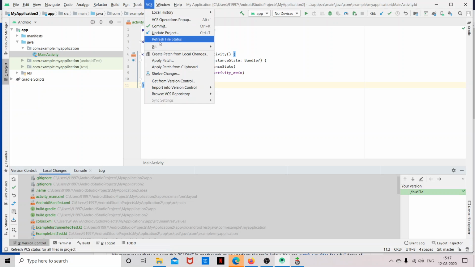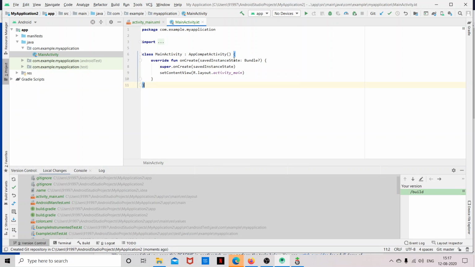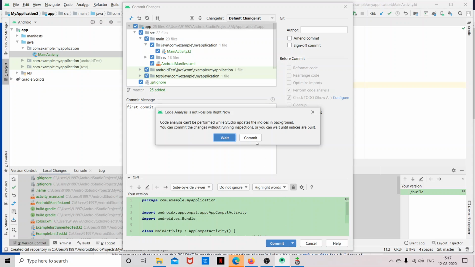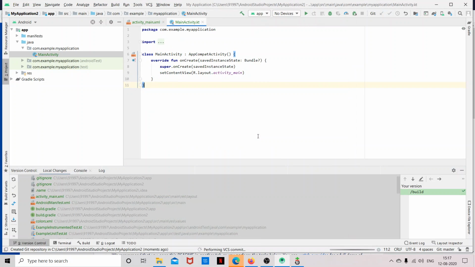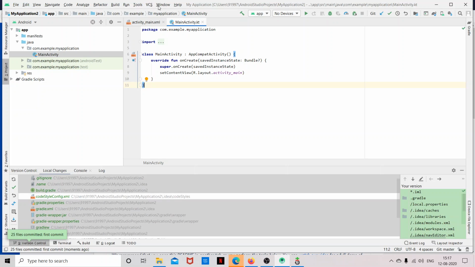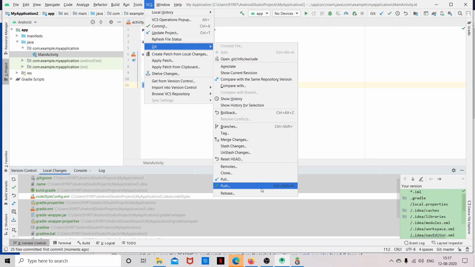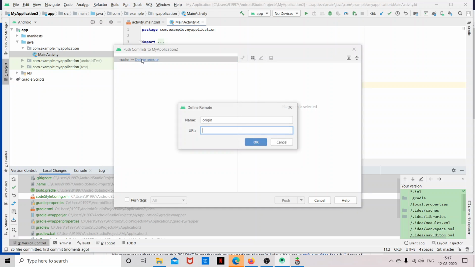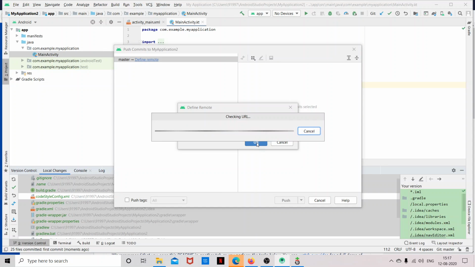Then I'm going to commit. So I'm going to push, and I've not defined the remote yet, so I'm going to define the remote. I'm going to paste in my HTTPS URL and click OK.